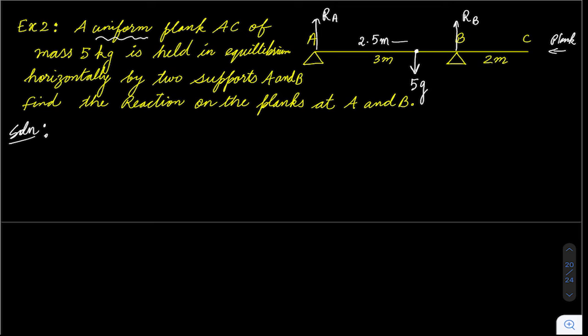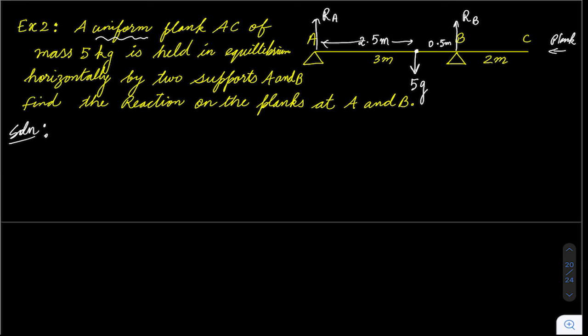That is exactly half. And this total was 3. So this distance is actually 0.5 meter. So this is my diagram now. So now we have drawn all the forces. That's step 1. Second step is we will see what's going on about the motion of the body or particle.